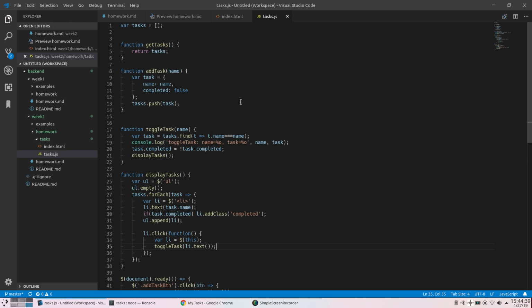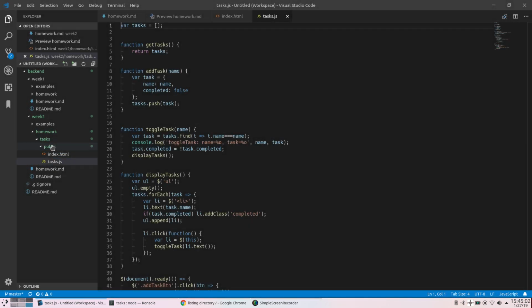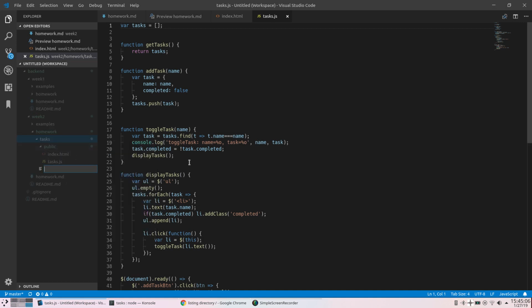But now that our front end is working, let's create the back end portion of it. We're going to refactor this a little bit, because here in this HTML task.html, that is all of our front end pieces. I'm going to create a new folder called public in here, and we're going to move those pieces into it. Let's go ahead and do that, and move this in there. Now inside of tasks, I'm going to create a new